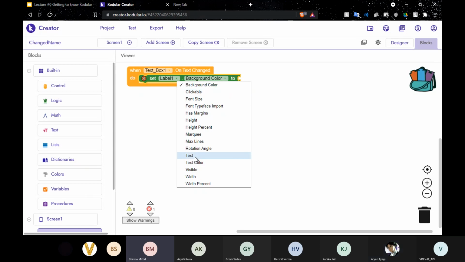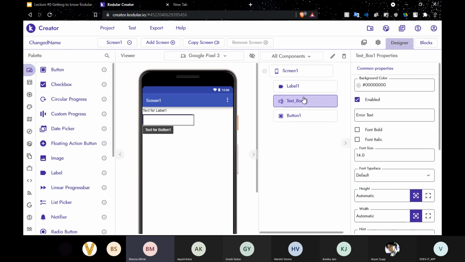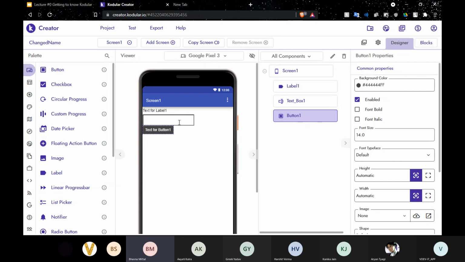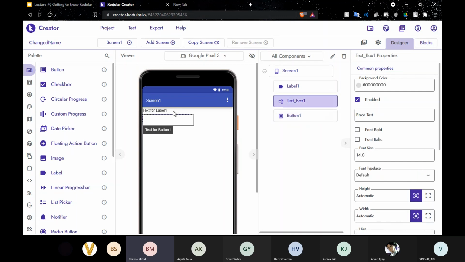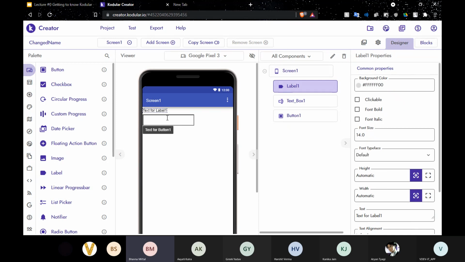Can we first design the interface and let the participants also do it at their end? I hope most of them have opened Cordova, and they must be having the same creator page in front of them. First of all, I would like to have a confirmation from your side whether you are able to see a similar window in front of you.